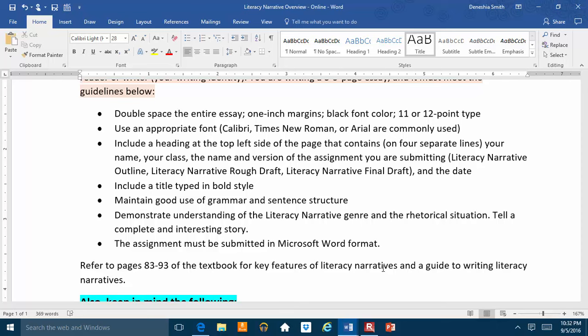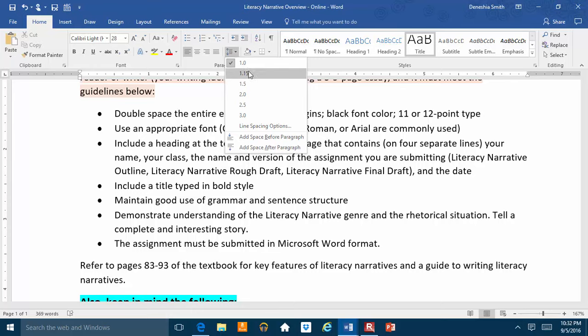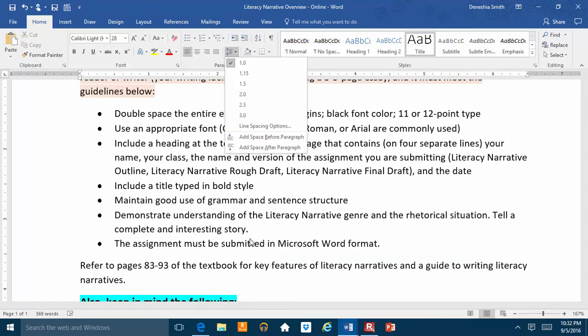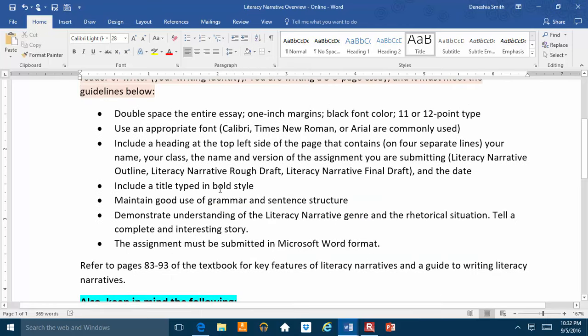But you want to make sure that you double space your entire essay, as is consistent with MLA format. Depending on what version of Word you're using, you can do that under the Home tab. If you go to the spacing and go to 2.0, that would double space your entire essay. And you want to use an appropriate font like Calibri, Times New Roman, or Arial,